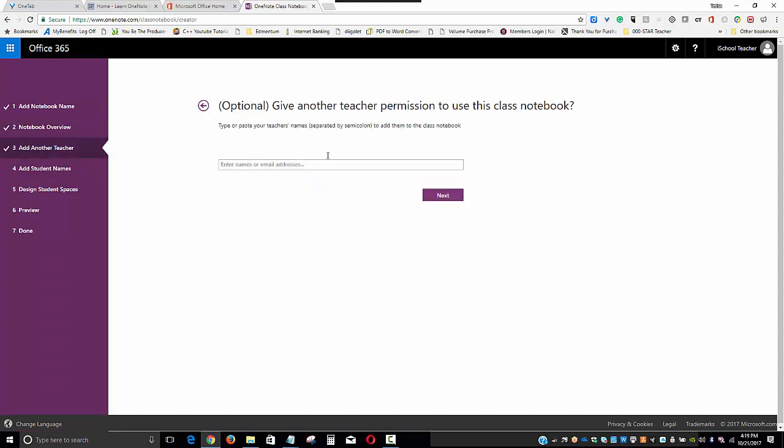And now we're ready to start adding teachers. So in a classroom situation, you might not give another teacher permission to view the students' class notebooks. But in an ePortfolio situation, we would want to be able to do that. In particular, I'm thinking that we might want to add school counselors. We might want to add some of the teachers that are going to be working with this group of students